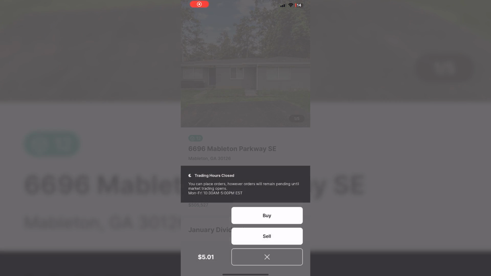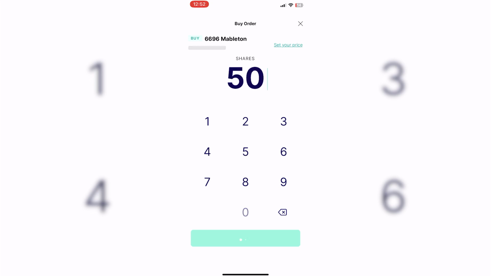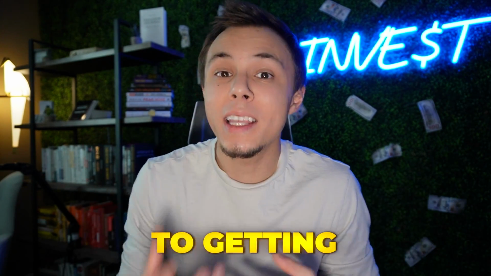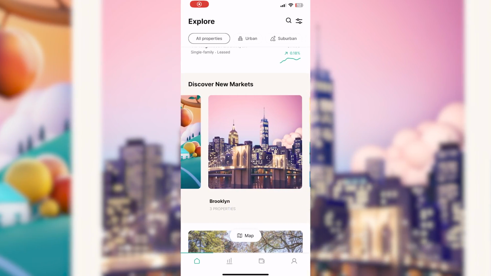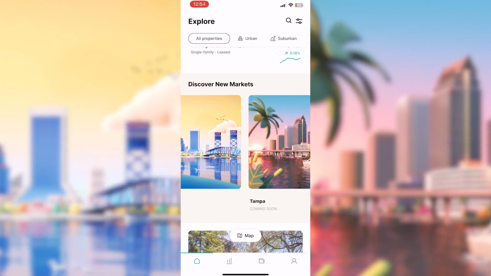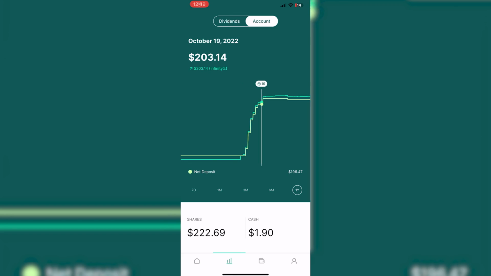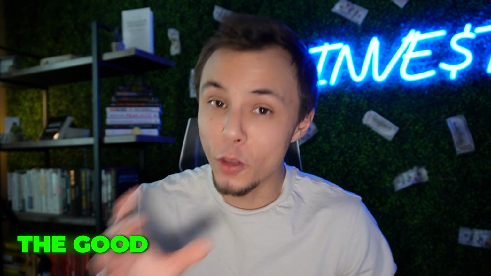Well, Landa is exactly like that, except you get to pick the actual investments that end up in your portfolio. There are, of course, downsides to this as well, which we'll get to in a minute. But overall, you can buy shares in properties just like you do a stock, which is a pretty cool concept if you think about it. The reason why I was drawn to it is because it was a really cheap alternative to getting into real estate. And I've been using this app for a few months now, and I thought I'm qualified to give you some of the feedback, both from a user perspective and also if you wanted to invest in something like this as well. And don't worry, this is not sponsored, so I will give you the good, the bad, and the ugly.